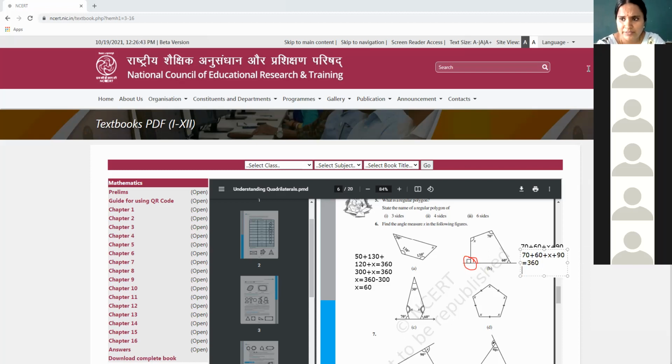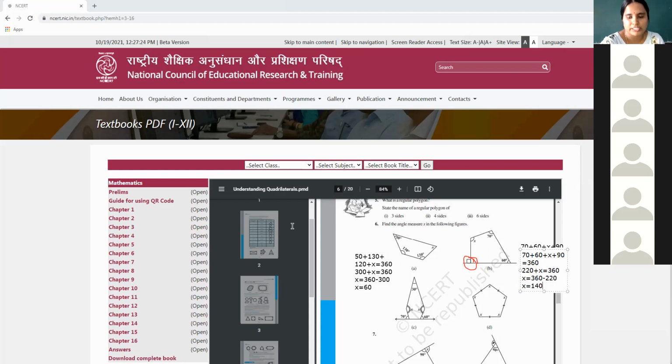So now, Nakshatra, will you tell me the sum? Or will you find out the x value directly? The x value is 140, ma'am. Sure. Okay, first tell me what is the sum that you have got on the left hand side? It is 90 plus 70 plus 60, ma'am. Okay, 90 plus 70 plus 60 is giving you what? 220, ma'am. 220, very good. We need to subtract 220 from 360, ma'am. Very good. The answer is 140. X value is 140 degrees, ma'am. So yes, x value is 140 degrees.